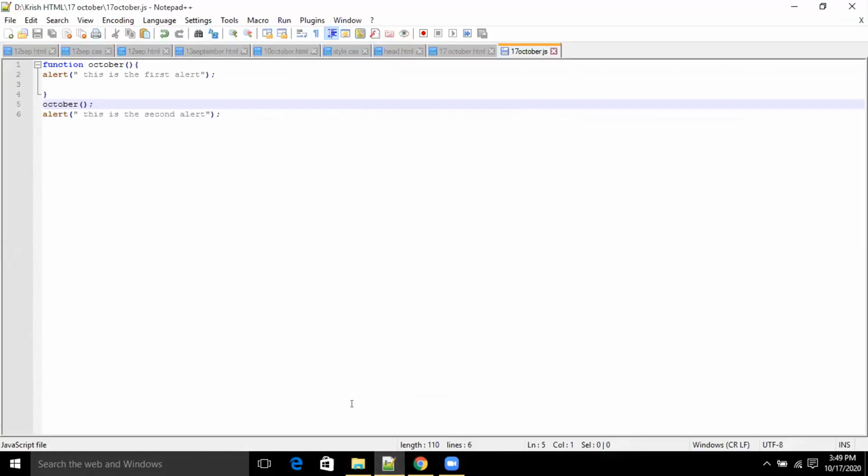Okay, this is the second alert. Very good. So the lesson learned is that the name of the function cannot start with numbers. It has to start with an alphabet.